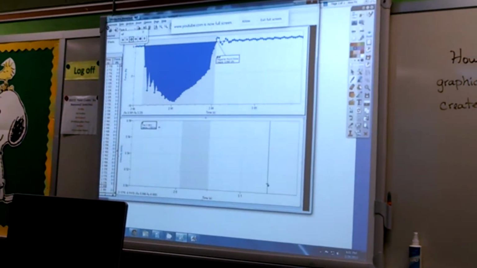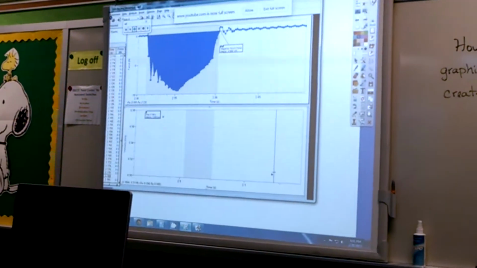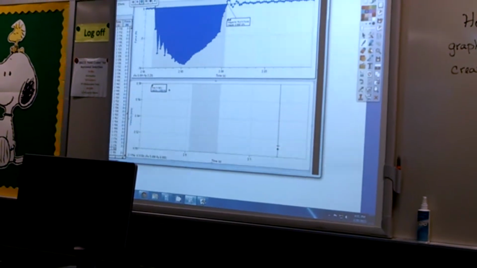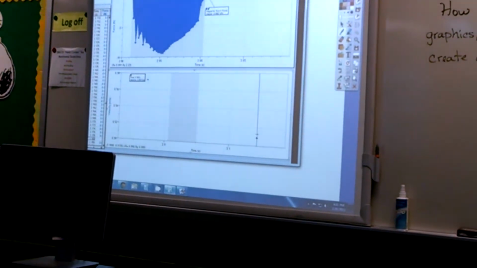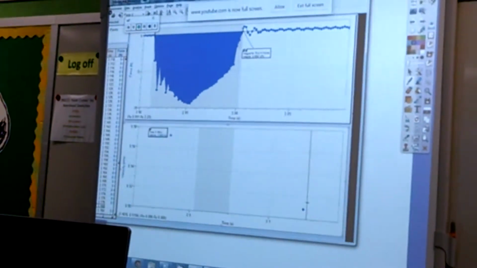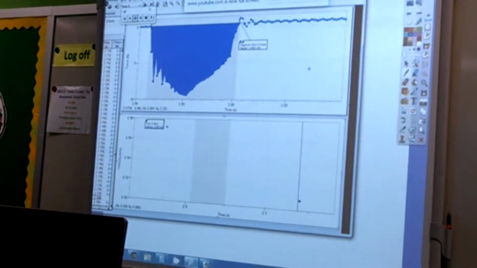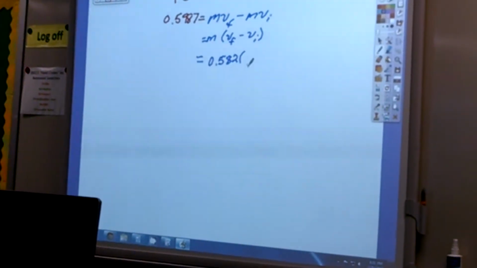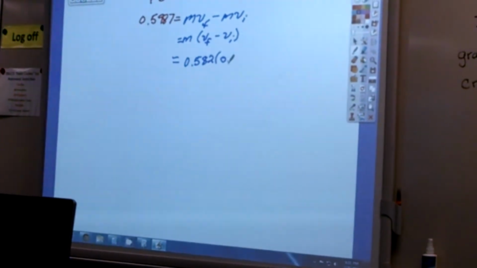The final velocity, I go down here, and I notice that that's 0.509 meters per second. And I have to think about the scenario. For my particular lab, at the end, the part was moving to the right. So this 0.509, that's a positive number. So my final velocity is positive 0.509,